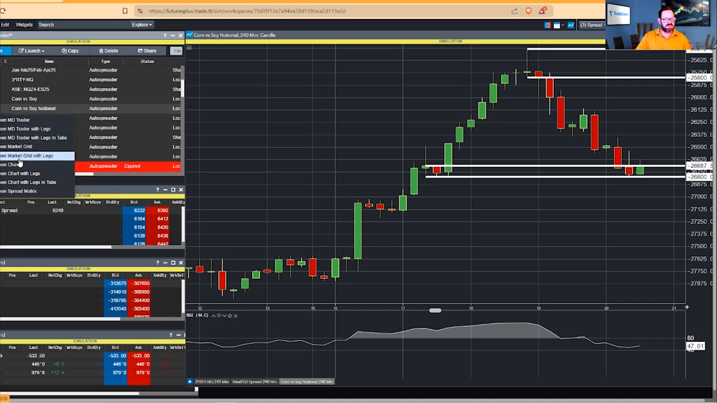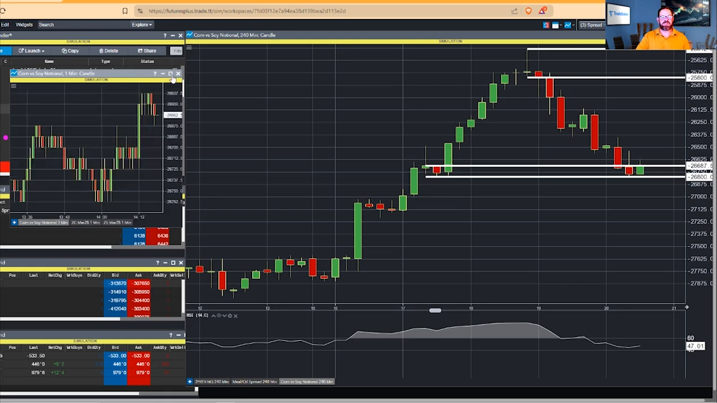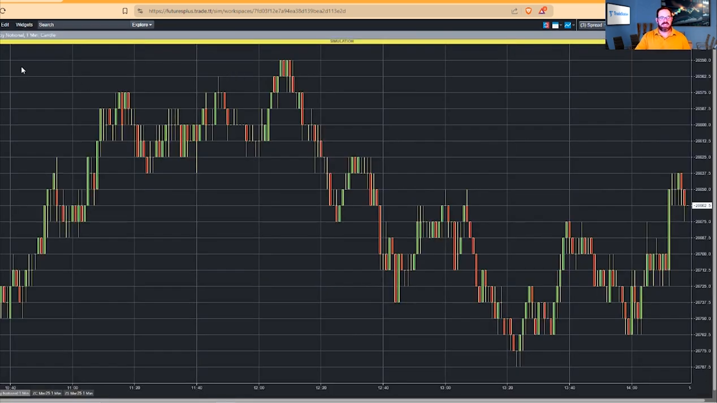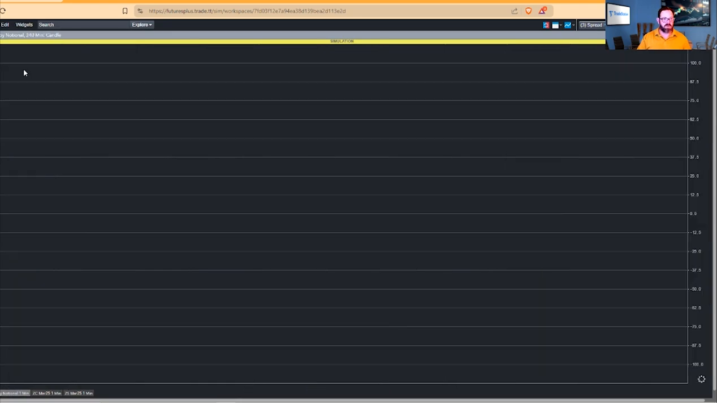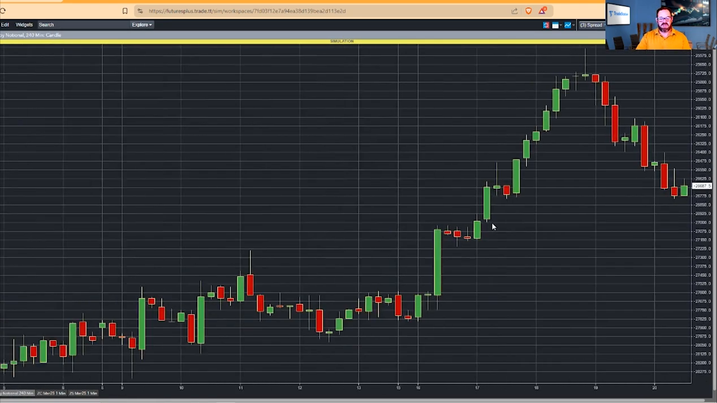I can go to open market. Nope, I want chart with legs in tabs. Show you what happens here. I bring up that chart. It's on a 1 minute, so again, I'm going to change to 4-hour. Look at a little bit bigger picture. It's the same chart, except